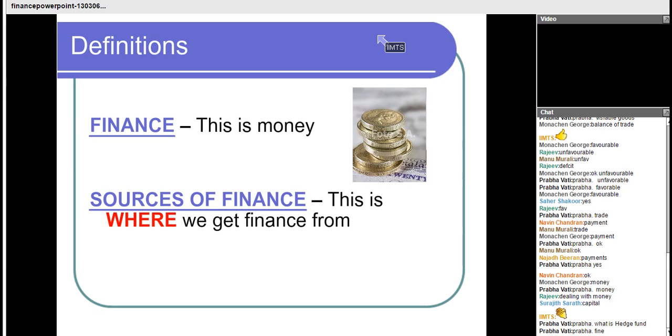So this is where we get money from. Sources of finances are those. Like suppose if we have a family function, suppose if we have a marriage in the family, then what does the parent do? They just arrange the money somehow. They use their savings. They arrange it from the relatives. Sometimes even people take loans. So this is how they are financing the marriage. They have to evaluate the various sources of finances from where they can get the money, and they can move ahead.